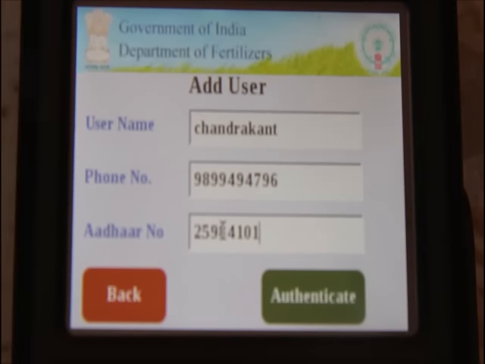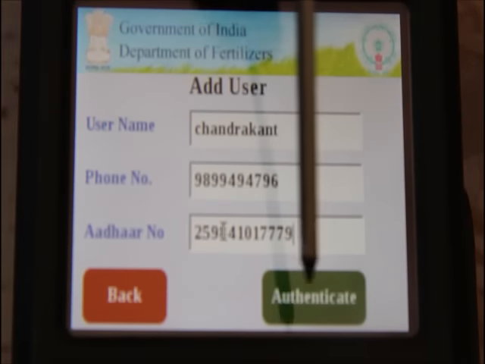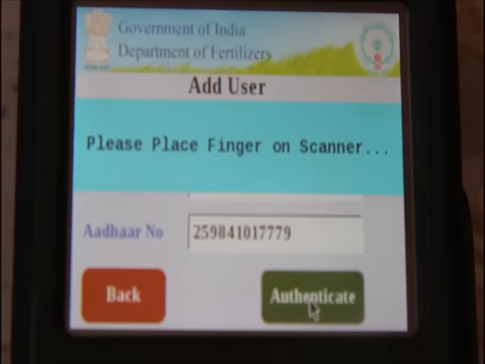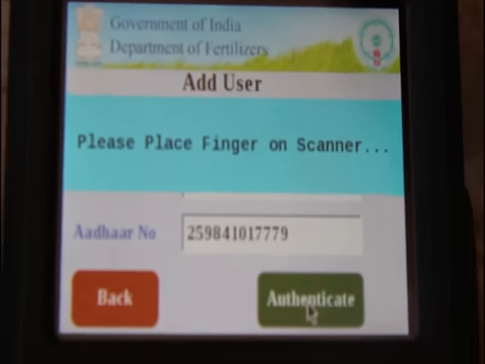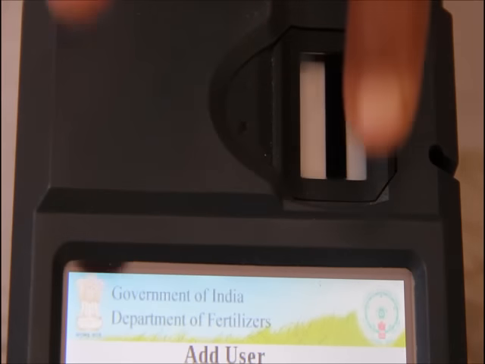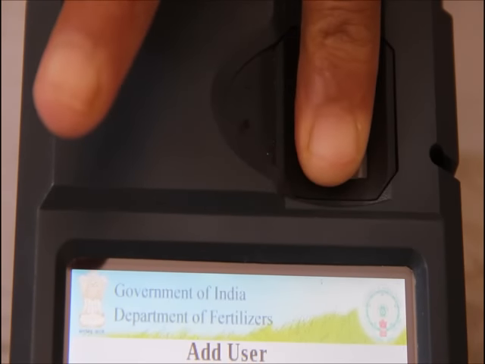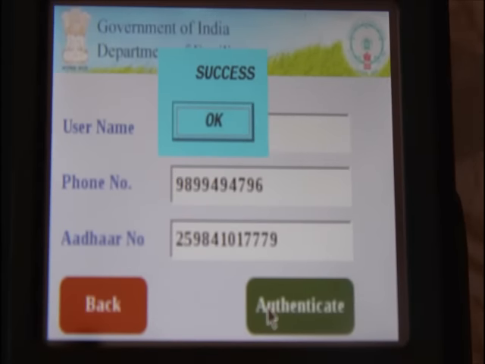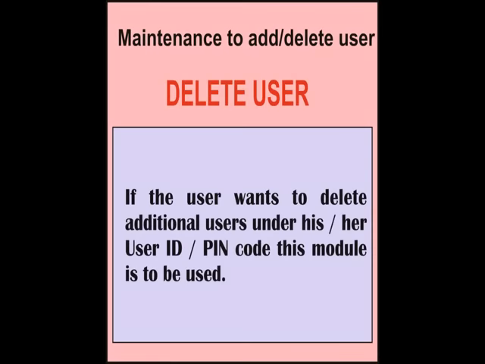Add his or her Aadhaar number. Click on Authenticate option. Please place the finger of the new user on the scanner. Click on the success icon.